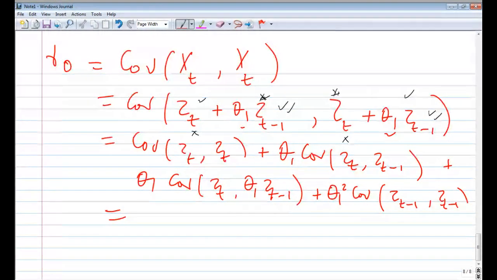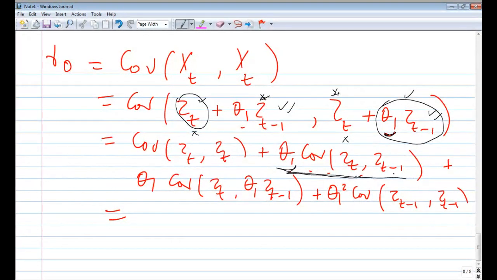Okay. Let me explain it. You mean this one, isn't it? What is happening here? I said you combine zt with theta 1 zt minus 1. You get that one. If you find the covariance of that, remember theta 1 is a constant. That is why I take it out here as a constant. Then I combine zt minus 1 and zt, which is this one, and find the covariance of that. This is what I did here.